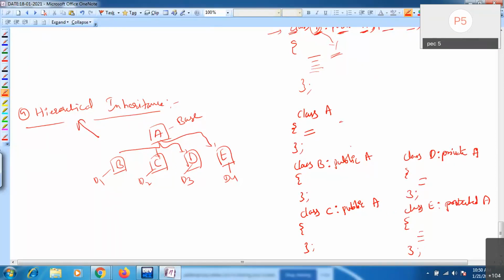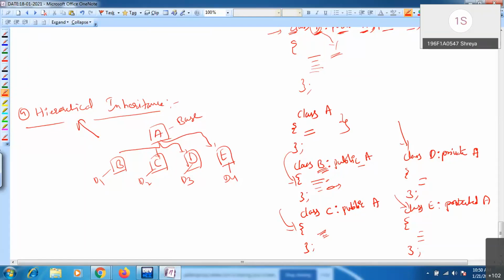Now what happens? Whatever the members are available inside A are visible inside B, are visible inside C. Means A's members are visible in C, and A's members are visible in D and E. For example, you have A members inside B, and B also may have some other properties, means other members are there. Can we access these B class members inside C?